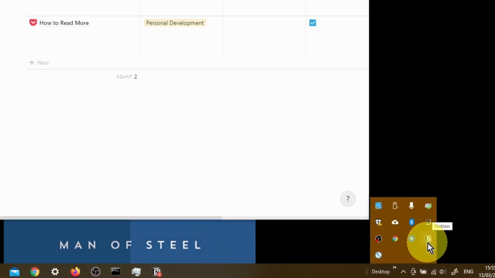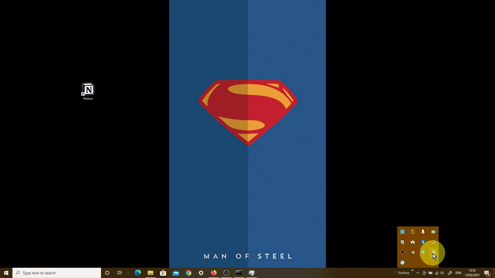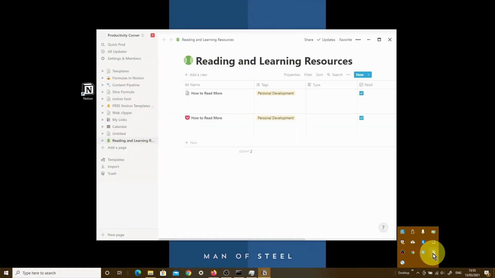Now, if you left click on this, you'll see that the Notion app gets minimized, and if you press it again, it will open up again. So that's just something to be aware of because that's one of the features that you get as part of the Notion Enhancer. But if you want to be able to customize it further, all we need to do is